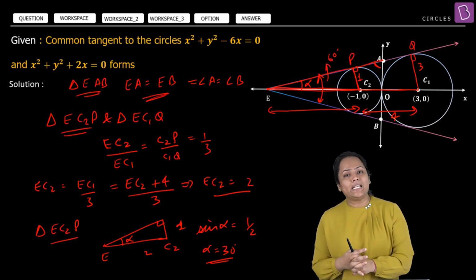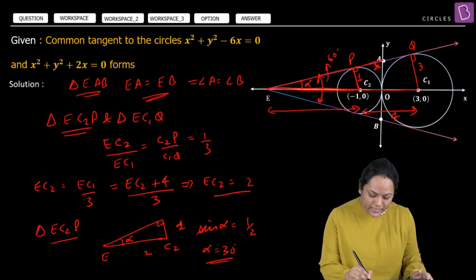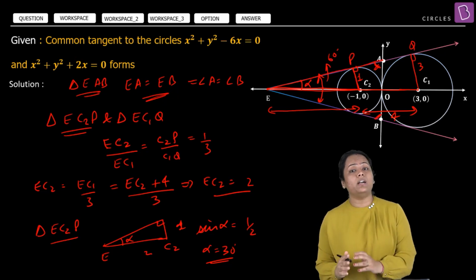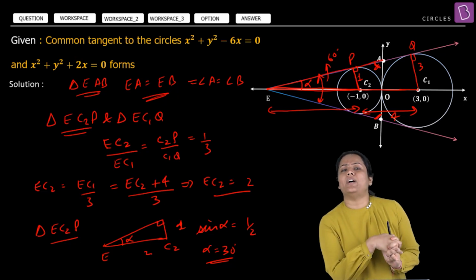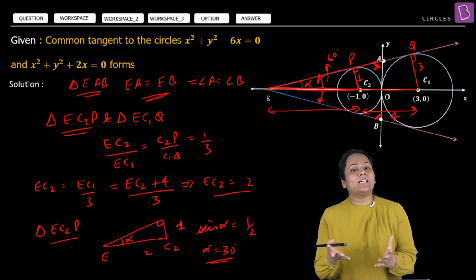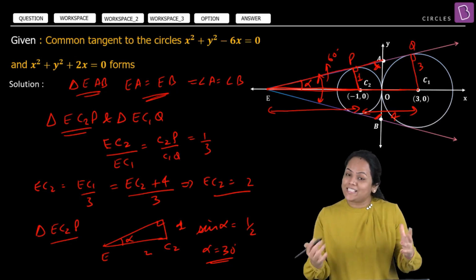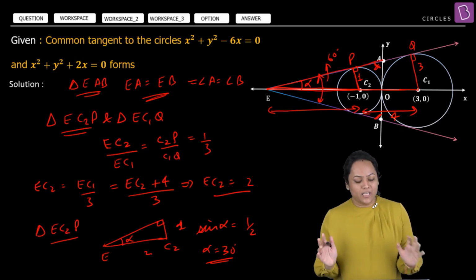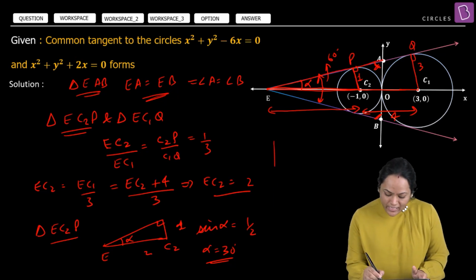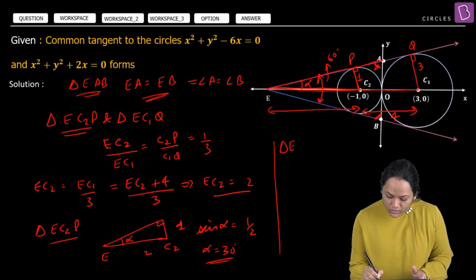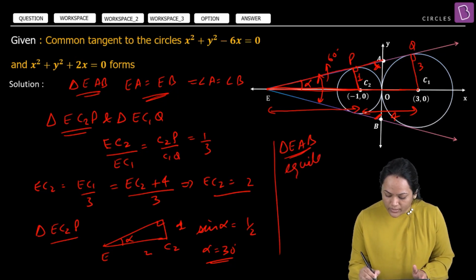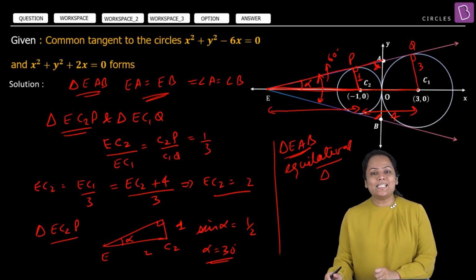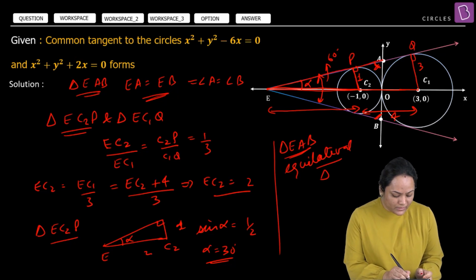And if my angle E is 60 degrees and we know that angle A and angle B are both equal, what does that mean the triangle is? Well, all the angles will definitely come out as 60 degrees. That's correct, and the triangle will be an equilateral triangle. So this is how we have found out that the triangle they are talking about, EAB, will be an equilateral triangle because all the angles will be 60 degrees. Have you understood, guys? This is what we have done using simple geometry.